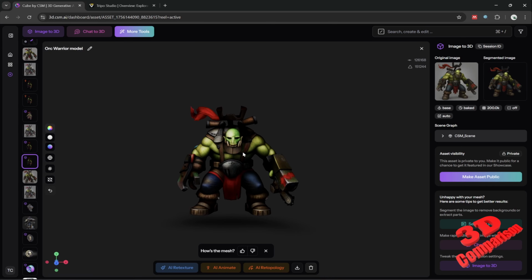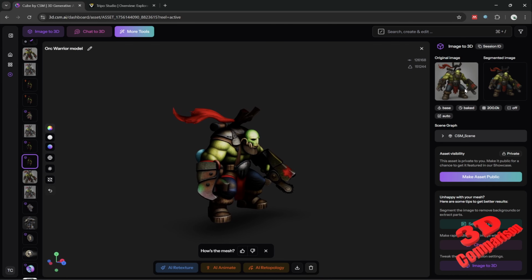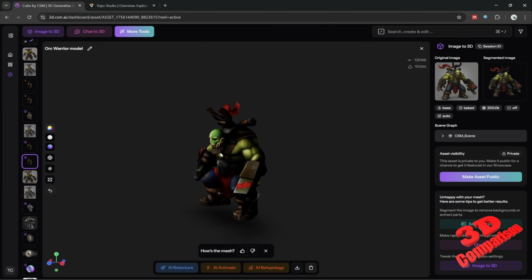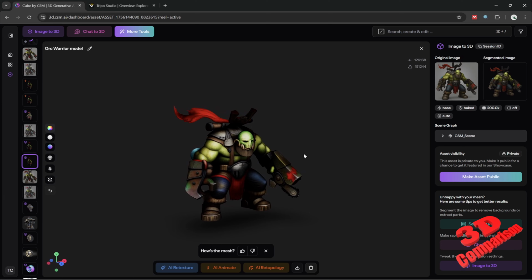So on CSM, we have the following output. So this is the reprocessed image over here, and as you can see, overall the character has lost